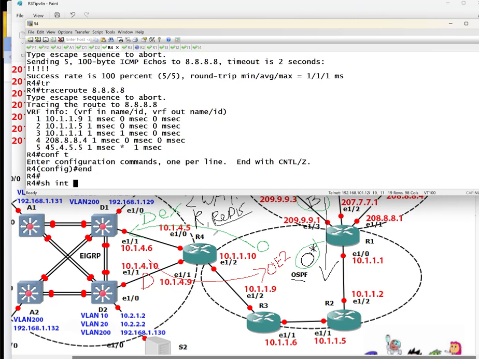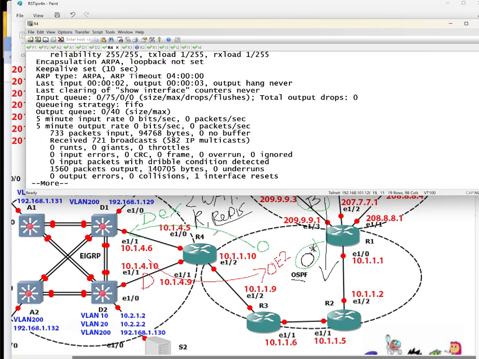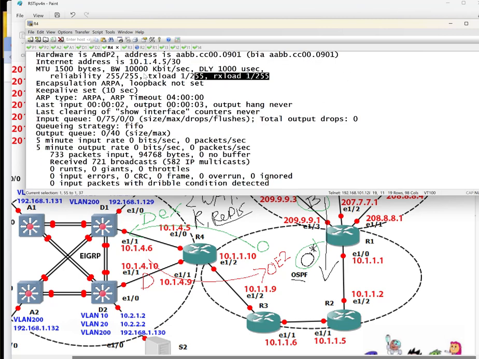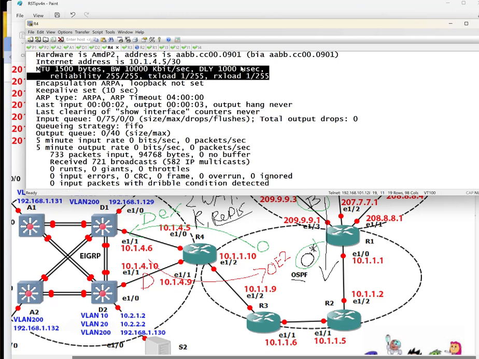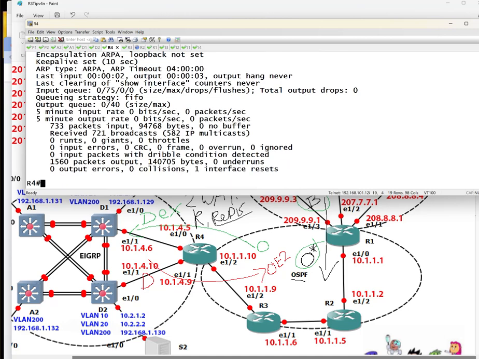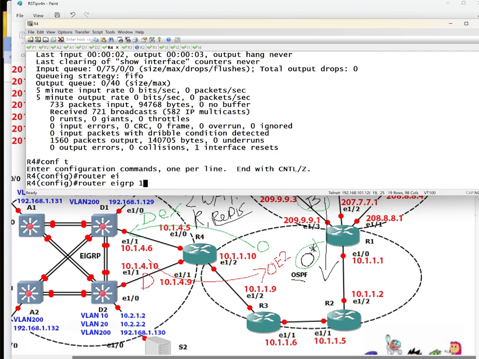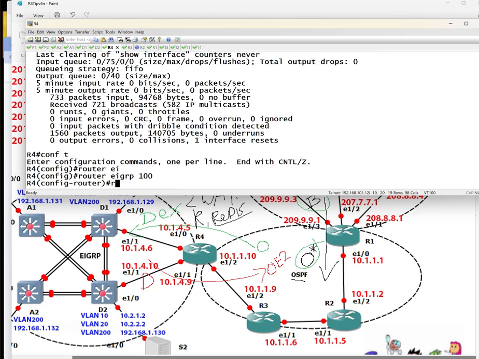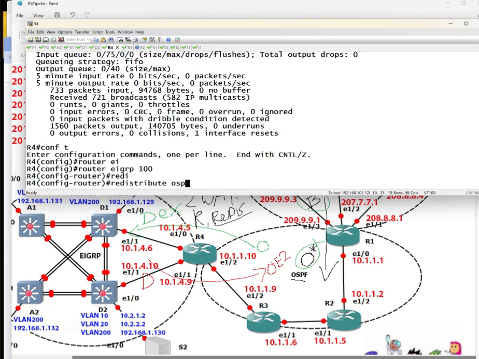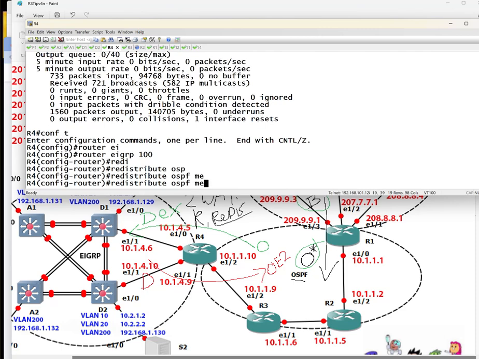Show int E10. We need these values as the seed metric. So 15. Anyway, we're just going to see that. Config t, router eigrp 100. Redistribute ospf 1